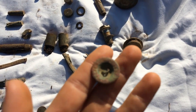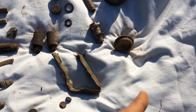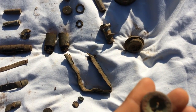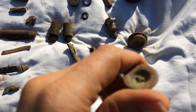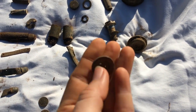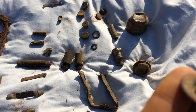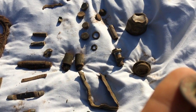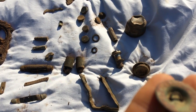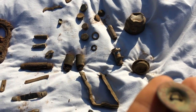But the button that I found, it does say A.J. Tower Company, Boston on it. And I looked that up, and the company had started in, I think it was the 18... Now I can't remember the date. I'll get the dates for you and flash it on the screen. But the company was started in Boston in the 1800s, and then I think it went all the way to the 1940s,